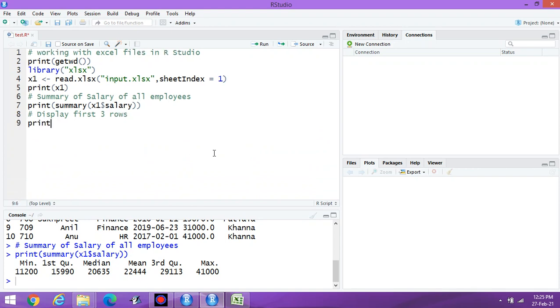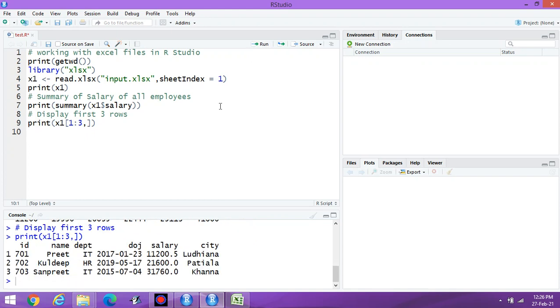Then I can write print, then x1, 1 to 3, comma, empty. Means all the columns are there and first to third row is there. You can display the content from 701 to 703. First three target contents are there.